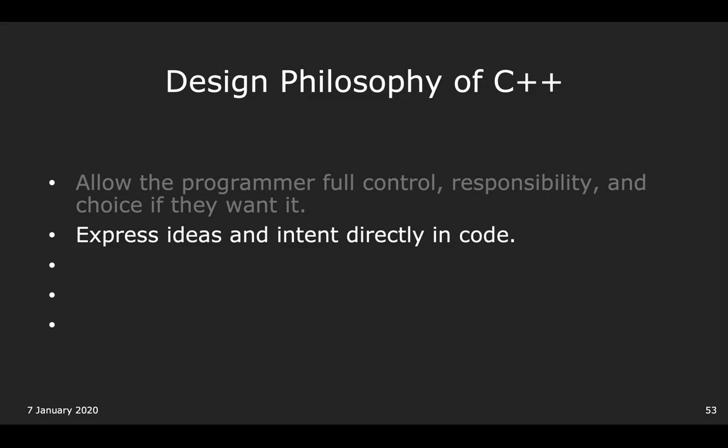The second idea is we want to express ideas and intent directly in code. Even though C++ gives you full responsibility, the code is meant to be written so that you can fully express all the ideas and intent in code. There are a lot of times where the idiomatic version of C++, the way that you should write C++ code, emphasizes some sort of intent. One example we're going to give later is const. Keith hasn't talked about const probably, right? Yeah, Keith will talk about const next week. The key idea of const is to express intent.